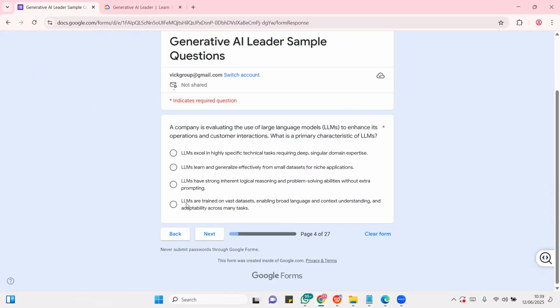The last one is LLMs are trained on vast data sets, enabling broad language and context understanding. Yes, that's one thing about AI models, because that's why when you learn prompt engineering, when we start going through